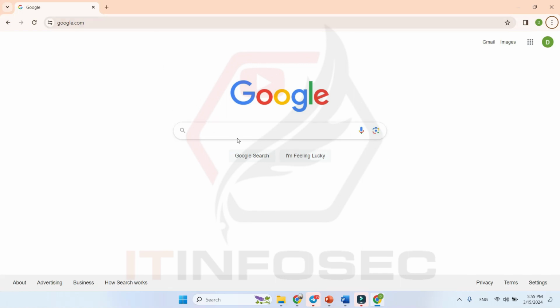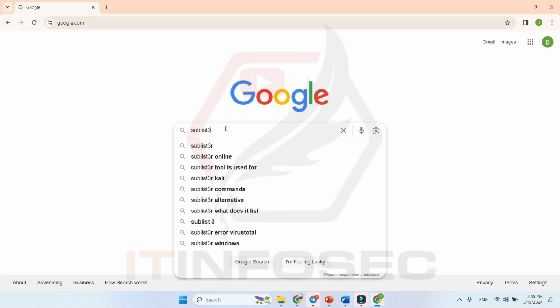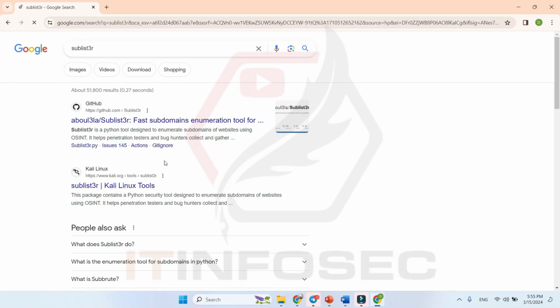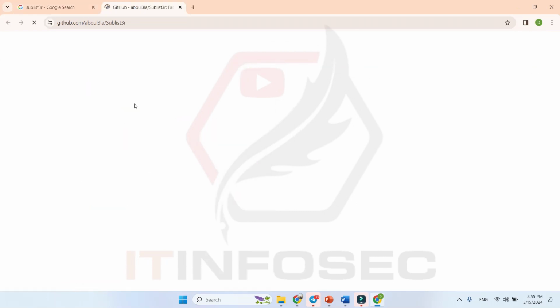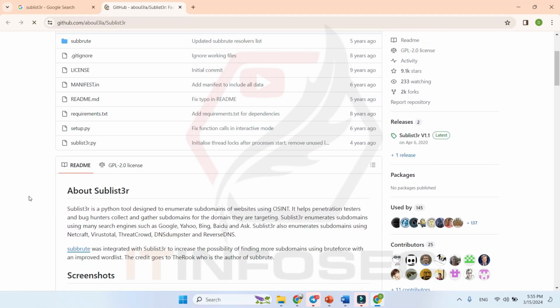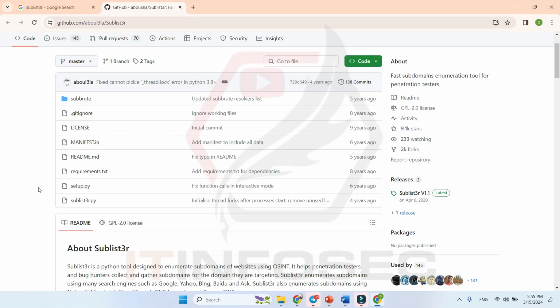Let me search for that. Sublist3r with the number 3. It is a GitHub address, and when you enter that GitHub page, you can get information on how to use it. I will show you, no problem. But